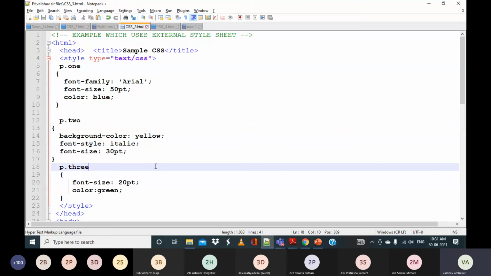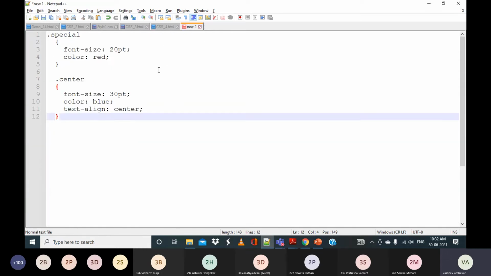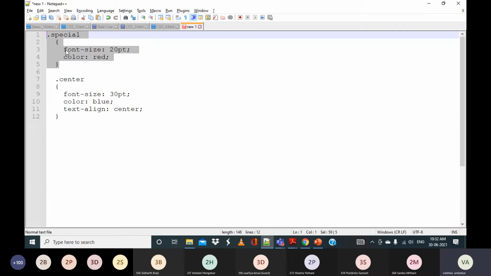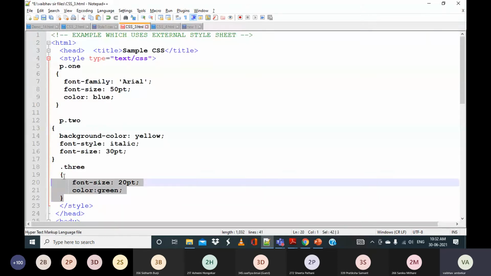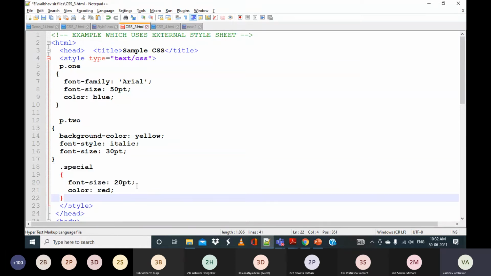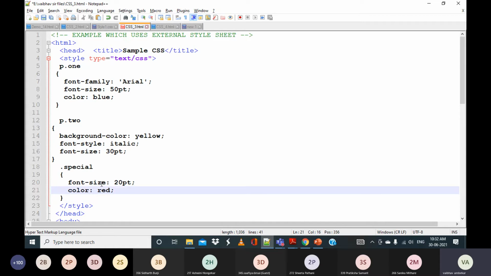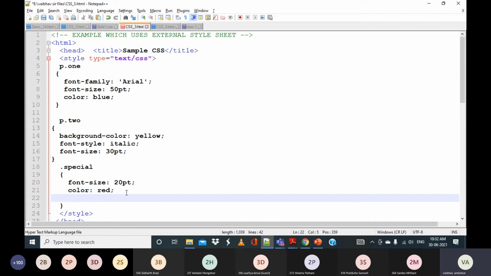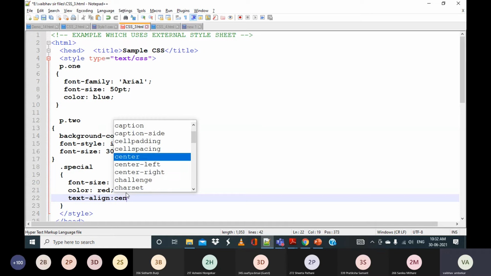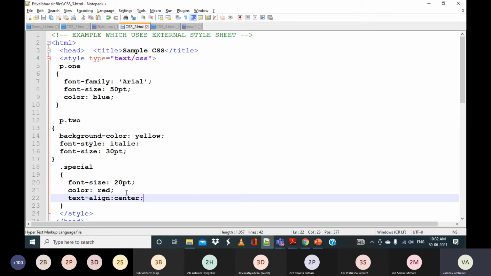I will take dot special. This will have font size 20 points, color red, and text align center.